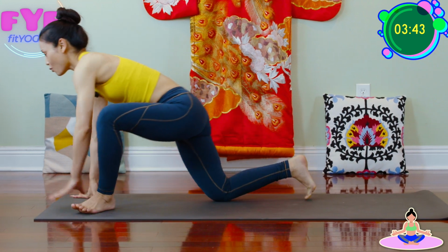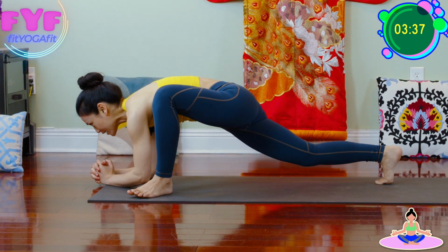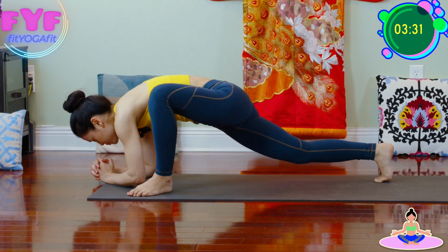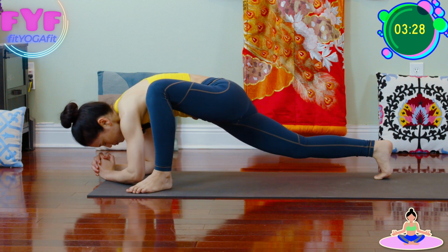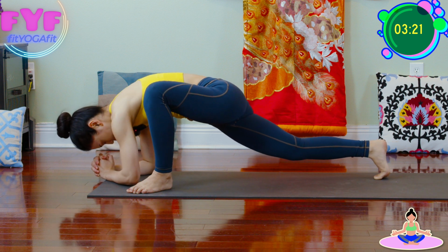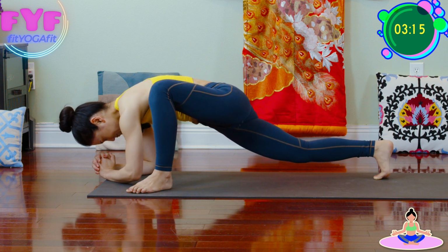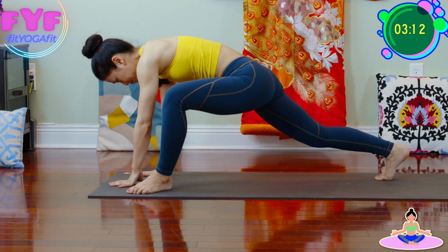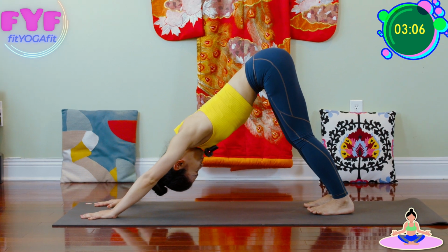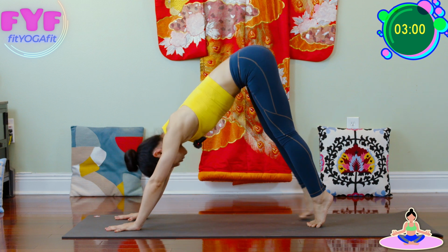Now sending your hips forward, back heel up, forearms down, pointing your toes at a 45-degree angle, raise up in the pose and circle your hips. Reverse circle. Okay, down to downward facing dog. Okay, so now on your toes, heels up, and walk